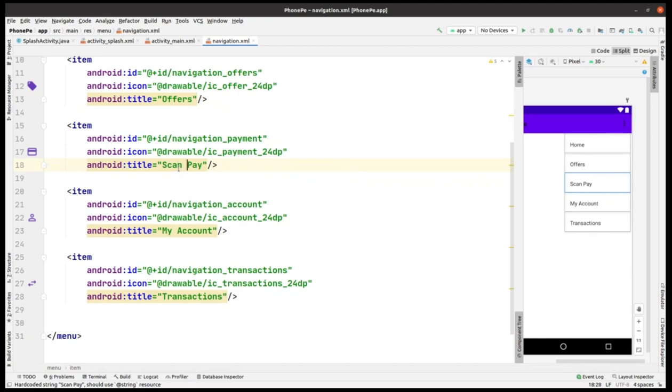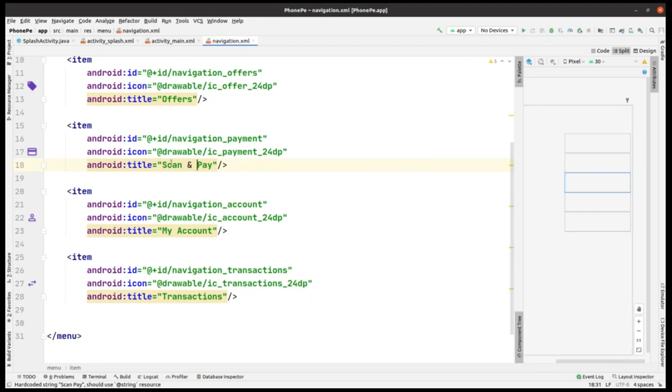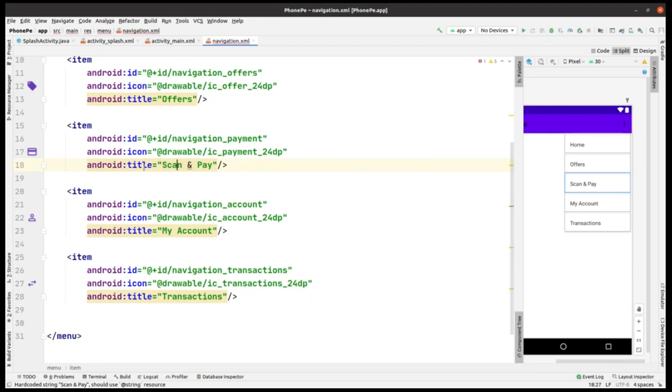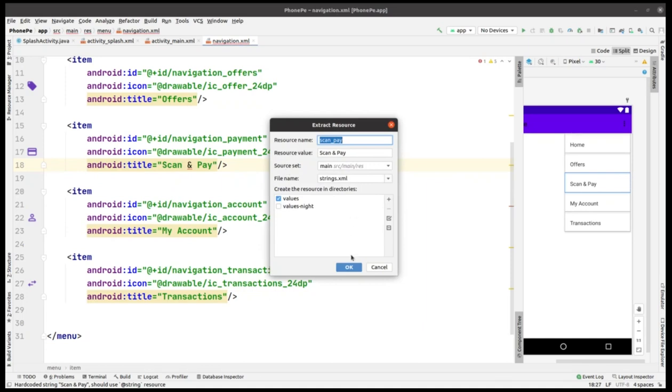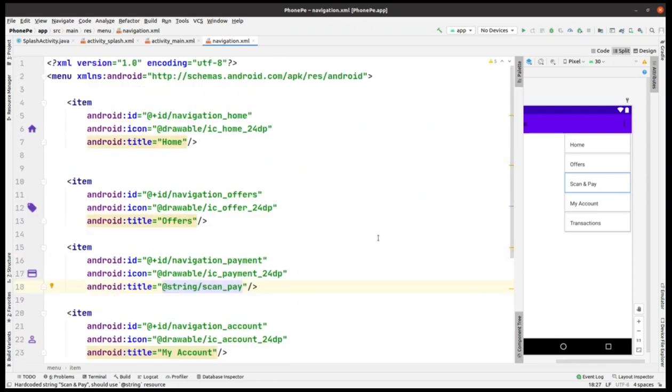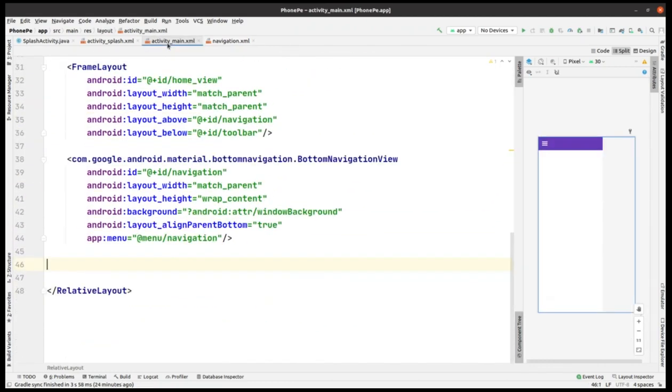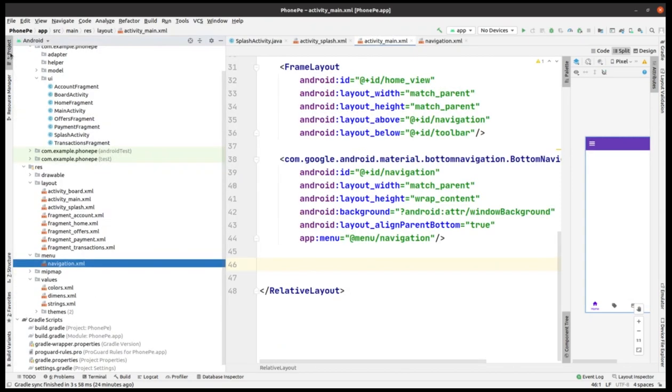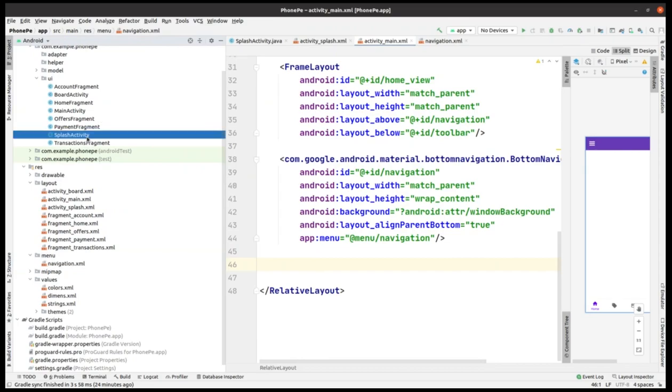So I'm going to write scan pay, and we have to make it like this. Again we'll face an error, but we have to extract this into a string resource. Click on OK. Here you can see that the error is removed. So this is done. Now we are within this main activity, and you can see that there are no errors here also. Okay, so now